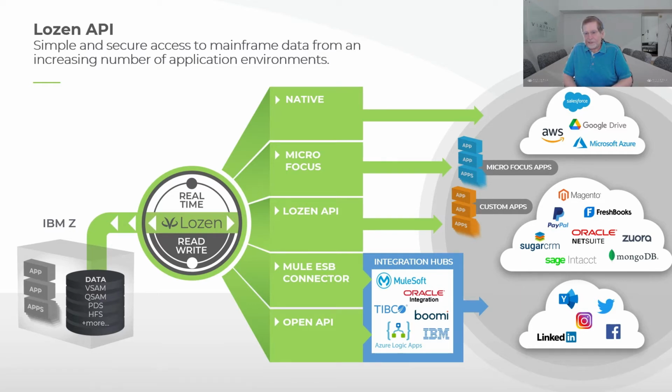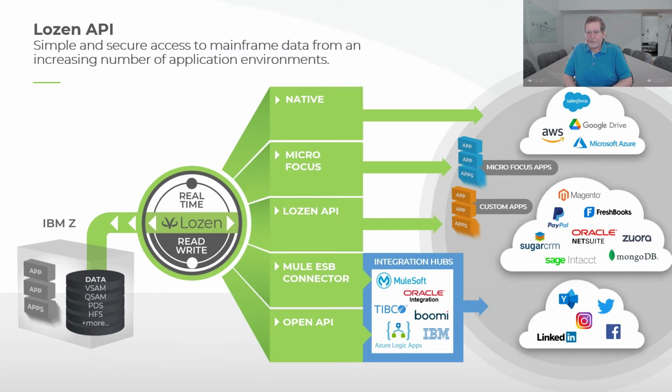And a really unique feature of Lozen is that we've avoided the temptation to try and create a one-size-fits-all API that has to be everything in all of those environments. Instead, what we've done is we've created multiple APIs that pretty much all deliver the full functionality of Lozen, but do it in different ways depending on the needs of the application we're working with. So going down the current list, top to bottom, the first